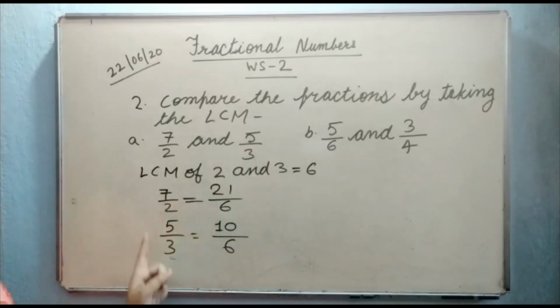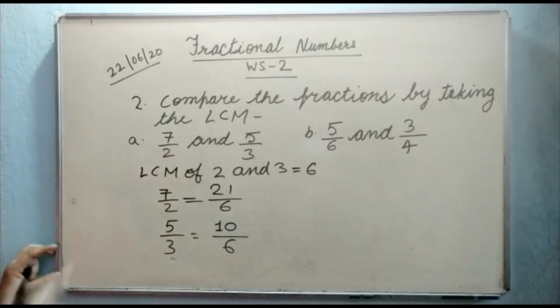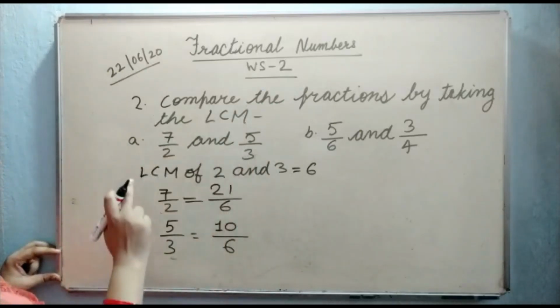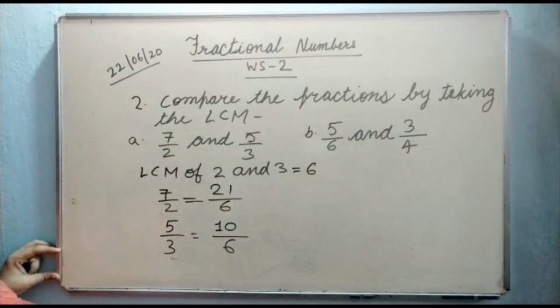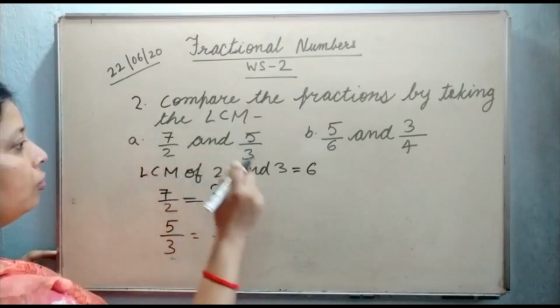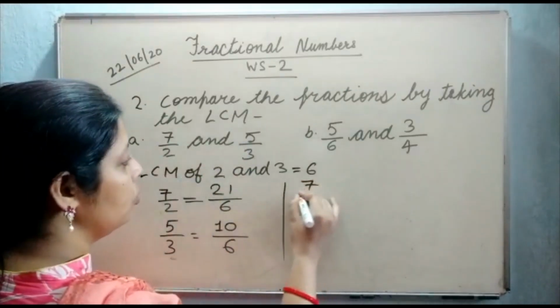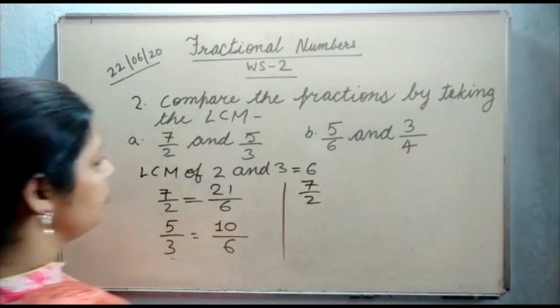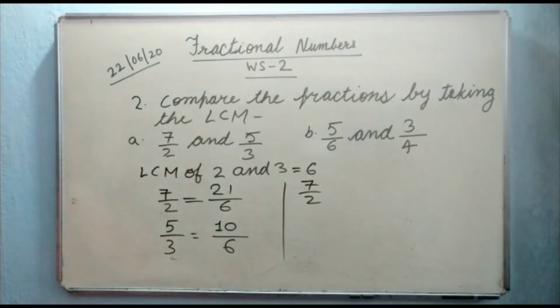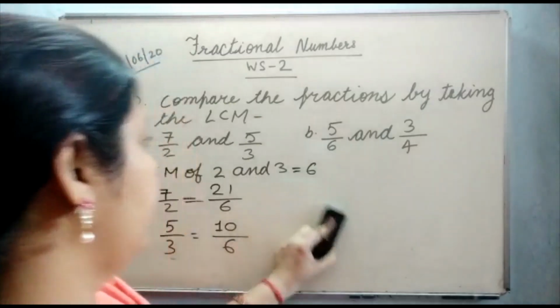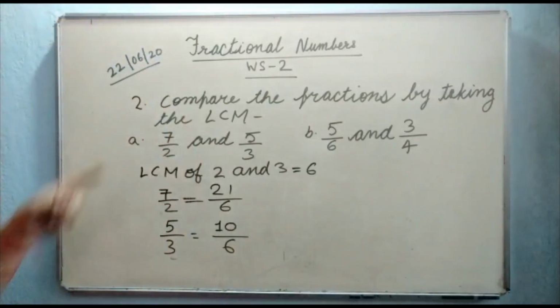Now what we do, we convert both into like fractions. Previously they were unlike. By converting them into like fractions, we are allowed to add them directly. So how do we add this? We write 7 by 2 plus, okay, we need not write add here. Addition we will do in the next question. So we simply have to compare. First I am teaching you compare.